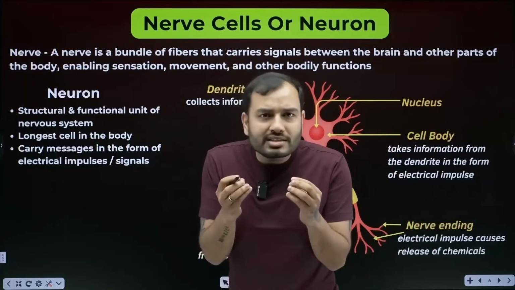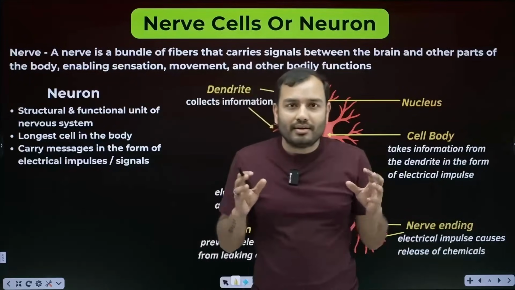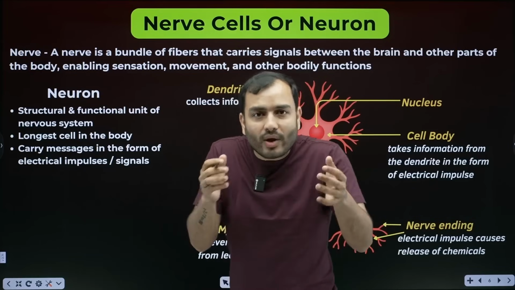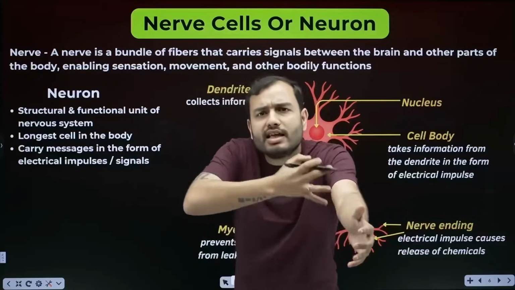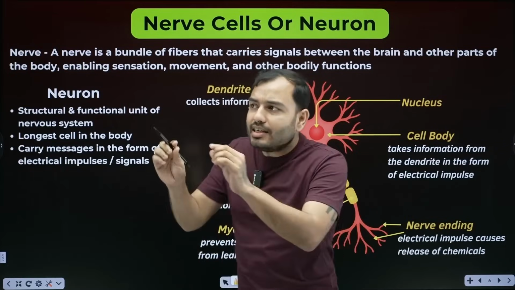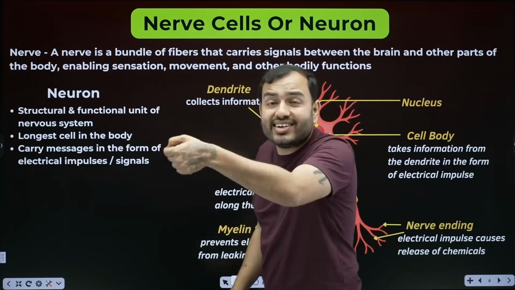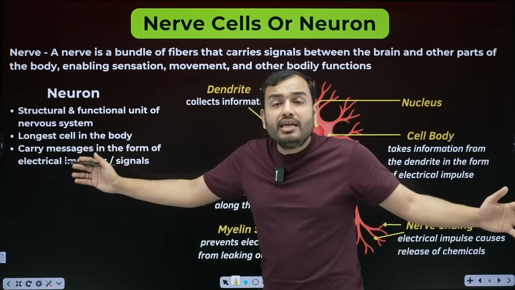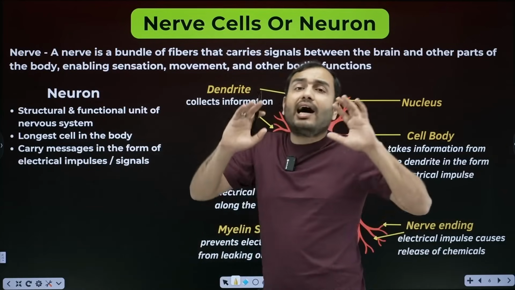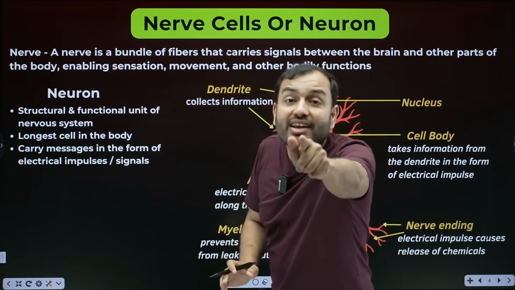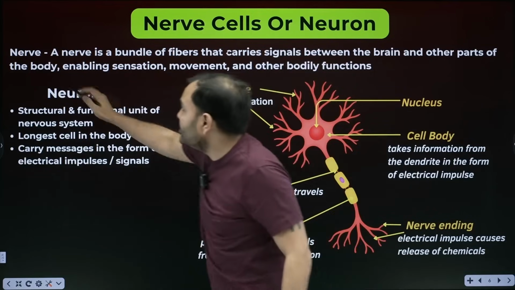The signal goes just like how current comes in the house. Currents come from the wire. Similarly, in our minds too, there are lots of wires which carry the signal. Just like what is inside these wires at home, there is electric current. Inside our body, there is an electric impulse. And the wires that carry the electric impulse are called nerves. So the very first thing, what is a nerve?